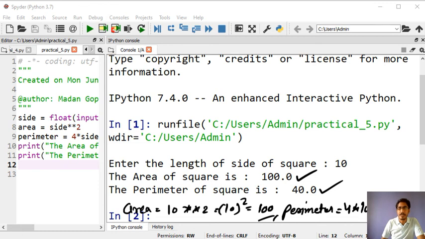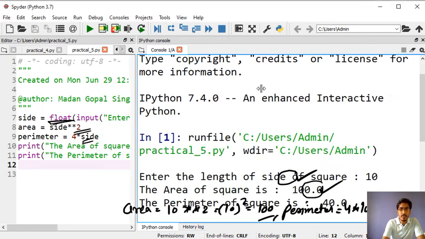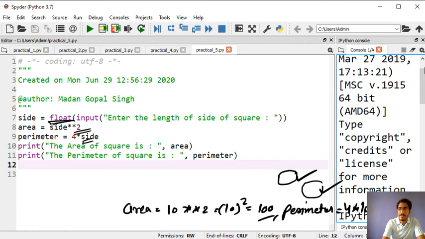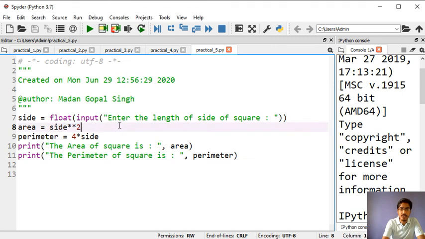as we have calculated. This dot 0 is coming because we have taken this value as a float, so everything is converted into float. Keep this in mind. Okay, so for the purpose of experiment, you can play with this code like this. You can either use this method to calculate the square, or you can also do like this.